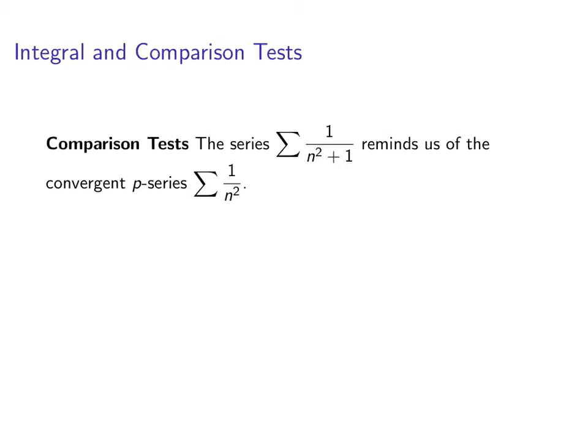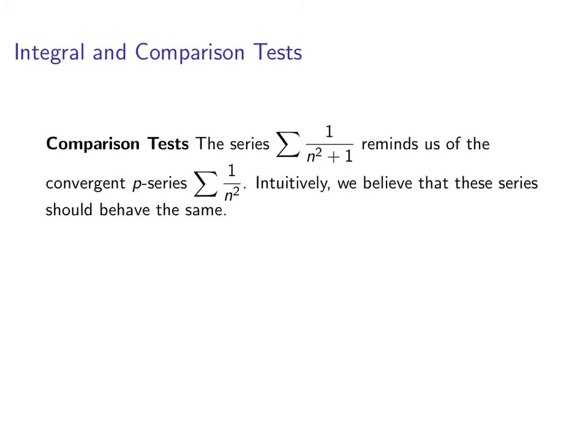Hello, calculus fans. So the series where we're summing 1 over n squared plus 1 should remind us of the convergent p-series, the sum of 1 over n squared. Intuitively, we should believe that these series really ought to behave the same. When you have large values of n, the terms are very close to each other, so what you're adding should